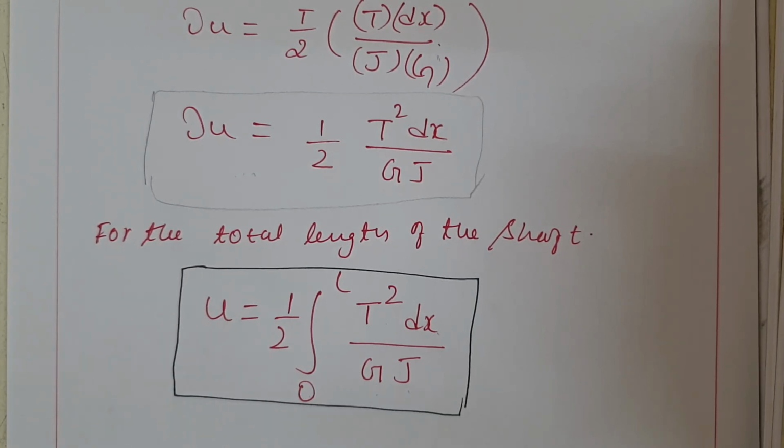These four derivations are very important. One is related to the axial load, another to the bending moment, another to the shear, and another to the torsion. These are very important, so keep them in mind. Definitely you can expect one question from these four derivations.